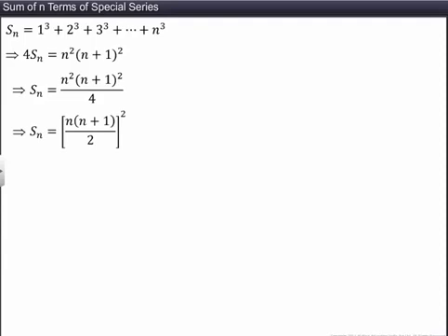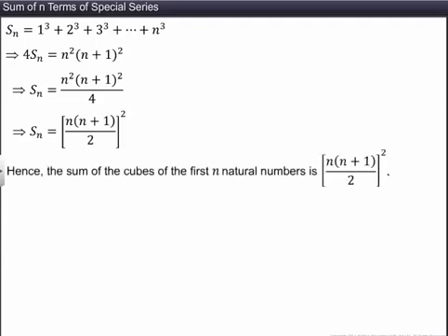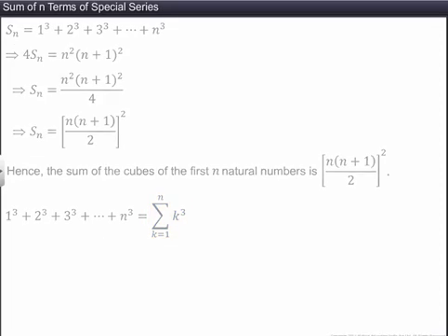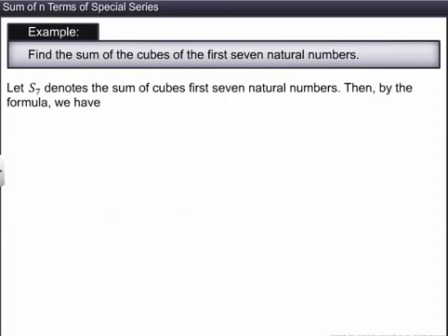Hence, the sum of the cubes of the first n natural numbers is equal to [n into (n plus 1) divided by 2] whole square. The sum of the cubes of the first n natural numbers is denoted by summation of k cube, where k is running from 1 to n. With the help of this formula, let's find the sum of the cubes of the first 7 natural numbers. Let S7 denote the sum of the cubes of the first 7 natural numbers. Then, by the formula we have